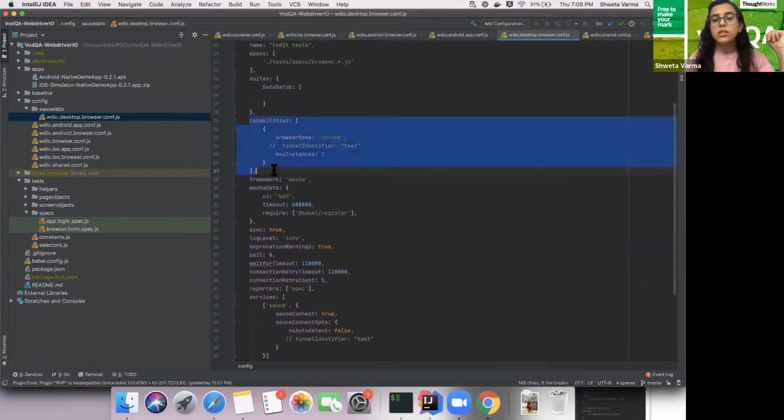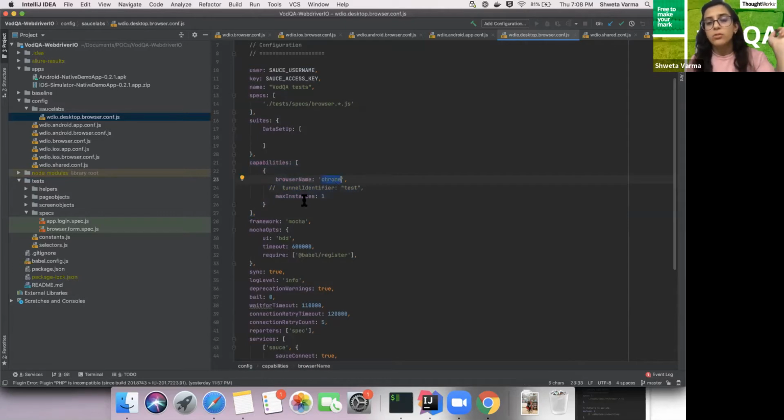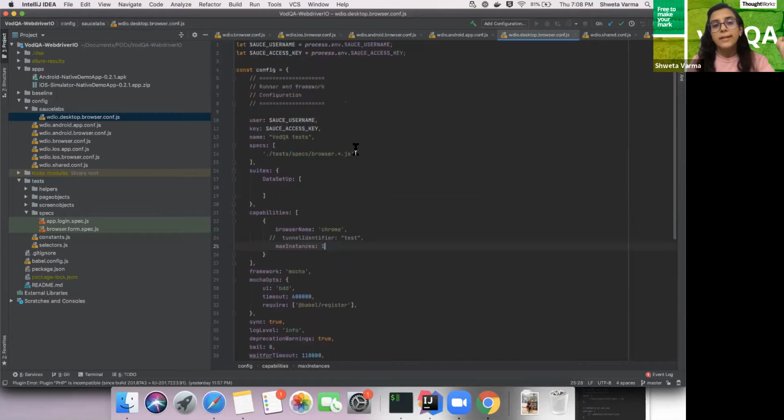This one is just for a simple browser. So here I can give the browser name and the max instances I want to have. And we can have the username and the access key. These two are required for you to integrate your test suites with Sauce Labs.